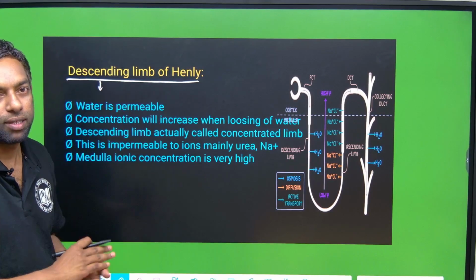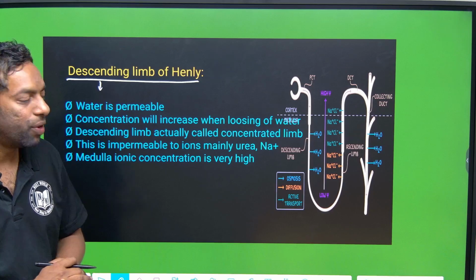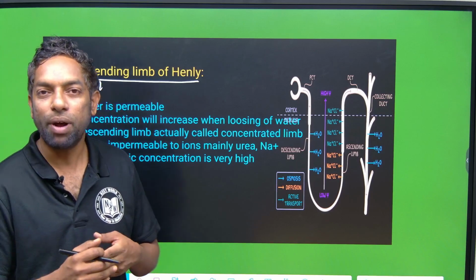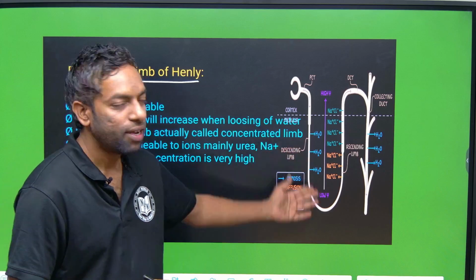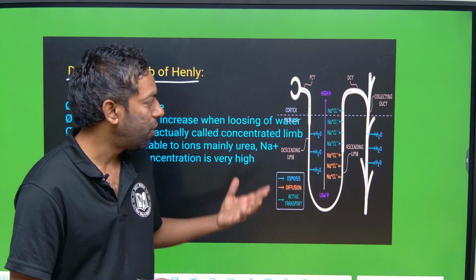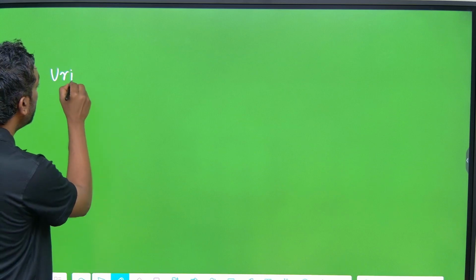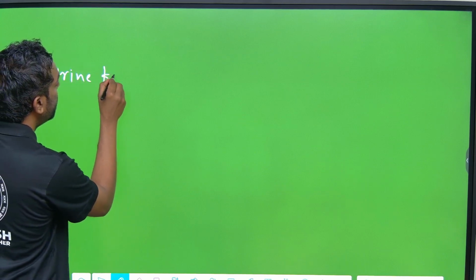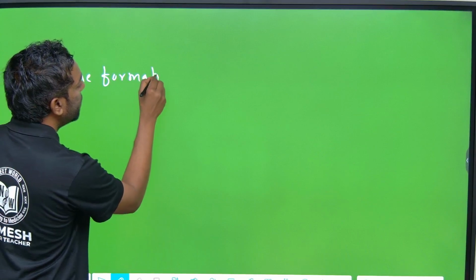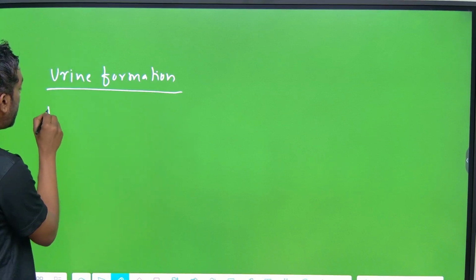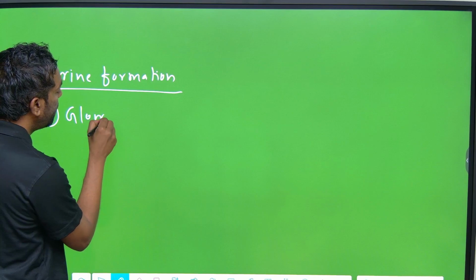What action takes place in the Henle loop during urine formation? The Henle loop is mainly the descending Henle loop and the ascending Henle loop. If we go to this nephron structure, before that we are going to discuss the previous one, the steps involved in urine formation. There are 3 steps. One is glomerular filtration,